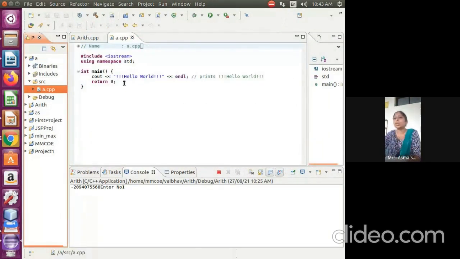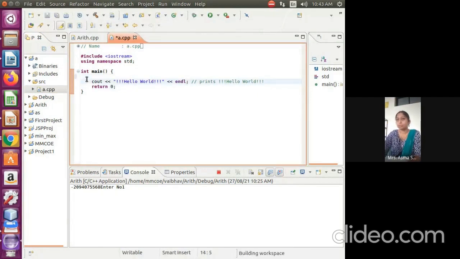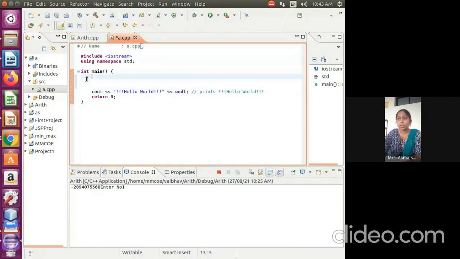Okay, I can show you here. So if I write int a equals 10, and I can have again here, I'm changing a. Now I'm printing cout a.